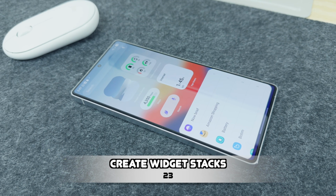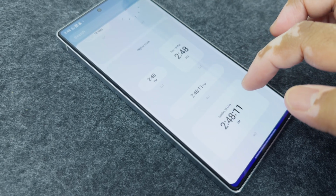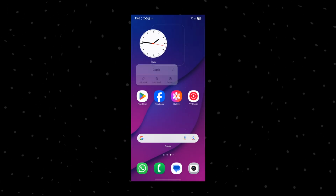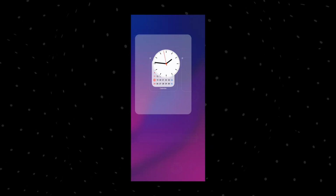Here's a clever way to keep your home screen tidy without sacrificing your favorite widgets. Use Widget Stacks. Instead of having multiple widgets taking up space, just stack them. Drag one widget over another and they will combine into a scrollable stack as long as they are the same size. You can swipe through them anytime, and if you long press and tap Edit, you can reorder or remove